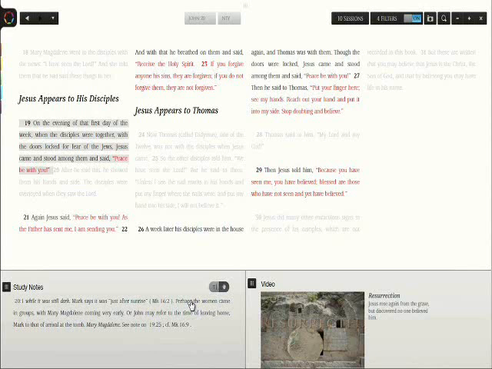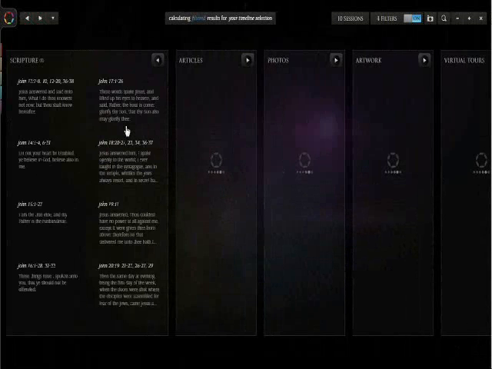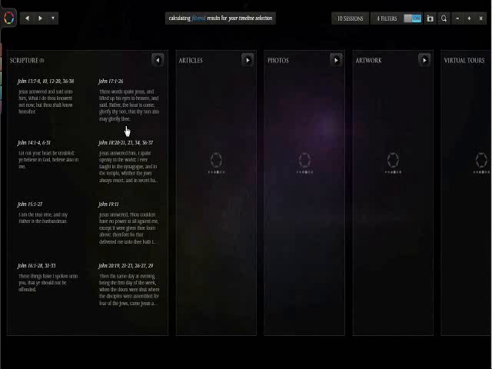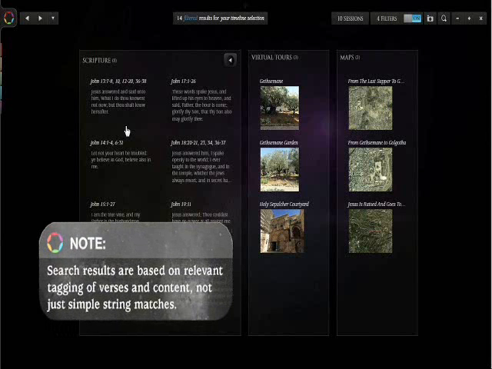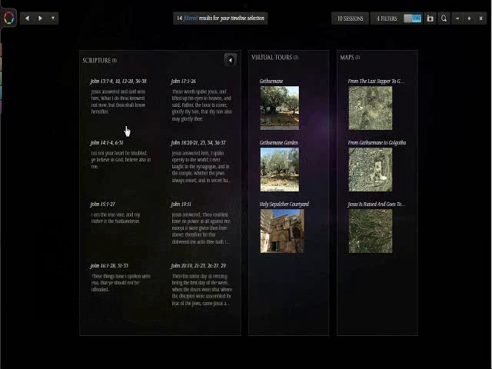This is one example of something that with Glo you can do with relative ease visually and in a very intuitive way. It would be almost impossible for you to do that kind of research quickly with a paper Bible, or even for that matter with a regular Bible study software that only allows you to search. Because what you have here is not a search function. See here, a lot of these passages don't even have the word Jerusalem in the text, but they were tagged with Jerusalem because they happened there.